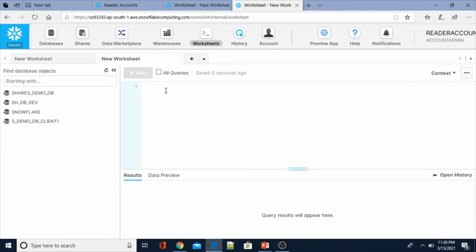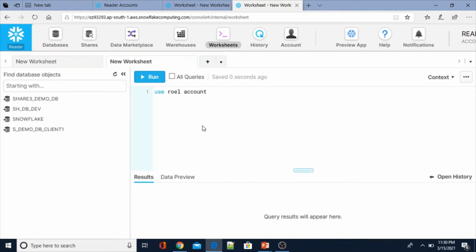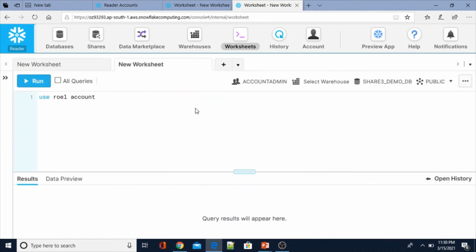To create a role and user, we also need to create a virtual warehouse, if not already created, from the reader account. Virtual warehouses can be created in both places, but here also we need to create one. Let me collapse the object browser.